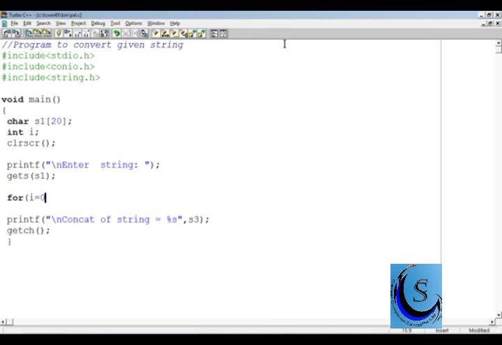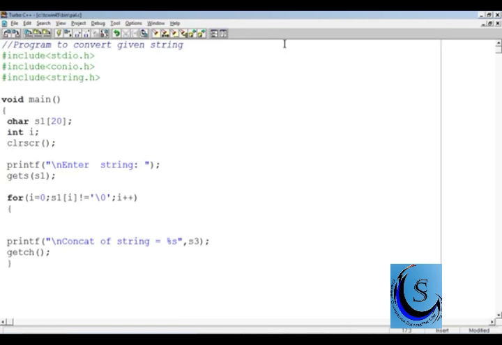For this purpose you have to check the given string from the start till the null character, right? And then you want to convert the case of the given string. Here I mentioned convert case. That is, if it is upper, then convert it to lower. If it is lower, then convert it to upper. Therefore, you have to check here